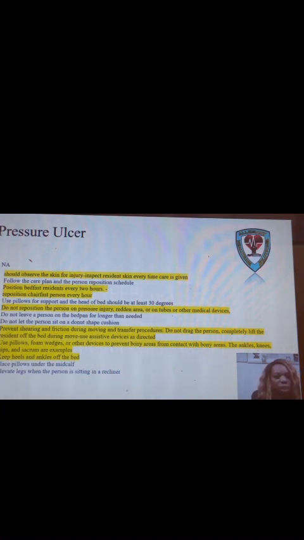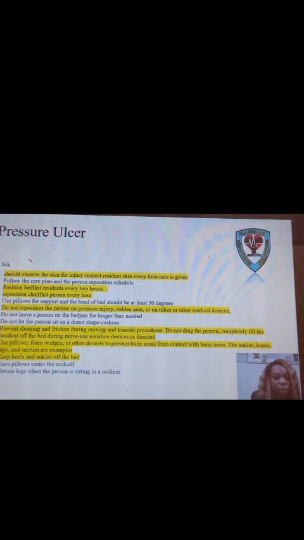You should be repositioning bedfast residents at least every 2 hours, and chairfast residents at least every hour. You're going to use pillows for support, and the head of the bed should be at least